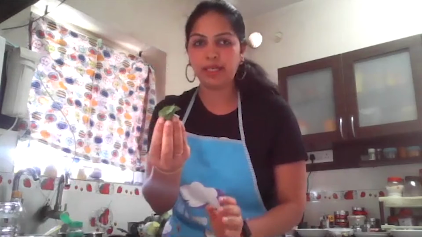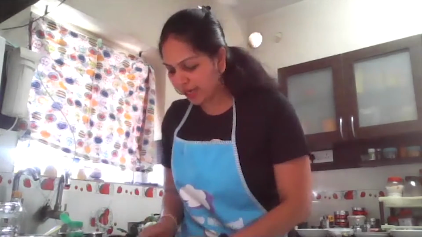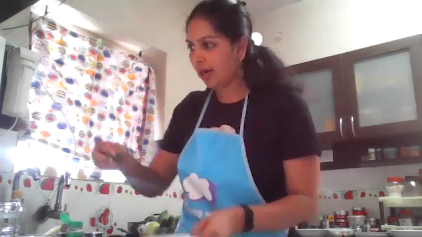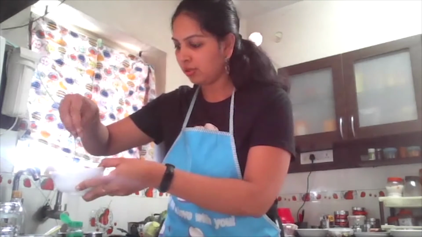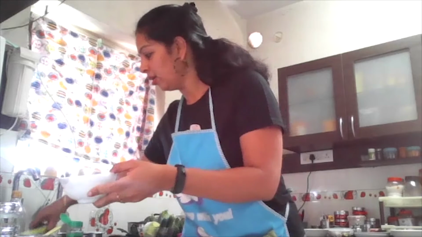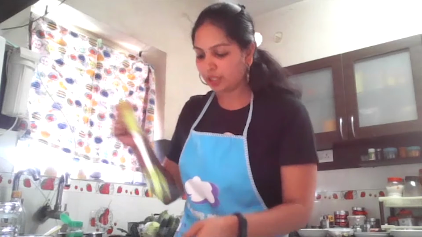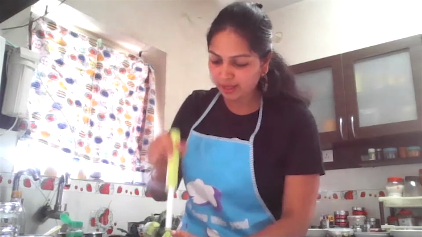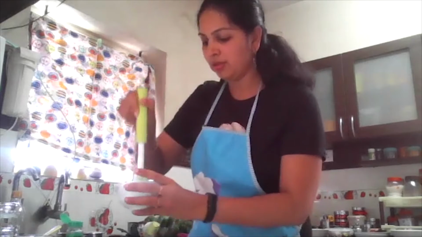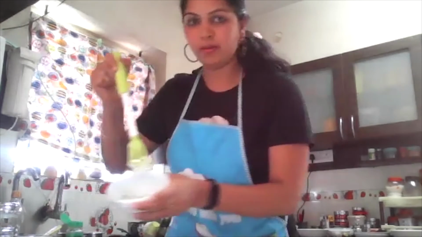So here, if you see, mint leaves are used here. You can chop it finely and add it to that curd and dill leaves mixture. Once it is done, whisk it well. I use a beater. You can use whatever you have, and I'm giving it a nice whisk. See, now it is done fine.